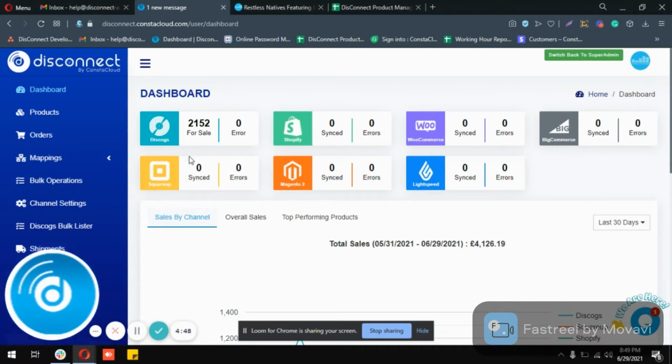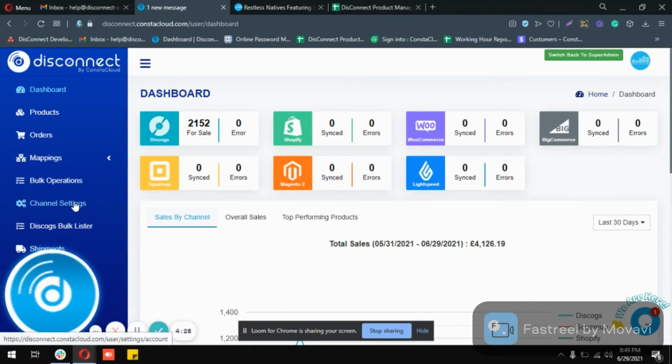These are the products which were in for sale status. Now, if you want to sync your products to WooCommerce directly without making any changes and are happy to move forward, then you don't have to do anything. You just have to turn on the create new button you will find here in the channel settings.